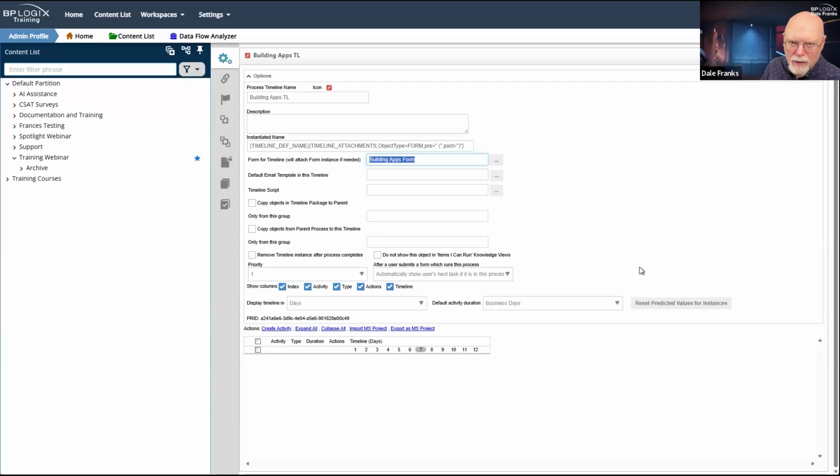All I have to do is just pick the form field, and all other form-based properties that are available will look at this form, or more precisely, the instance of this form that is attached to the process timeline, for all of the information that it's looking for form-based conditions.